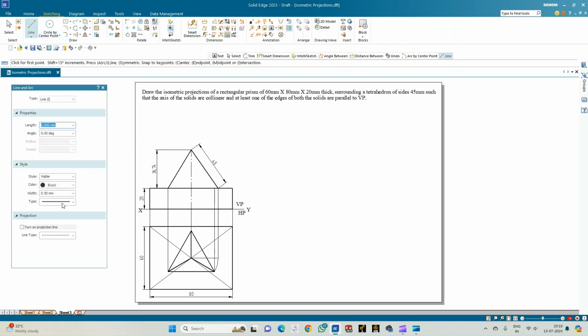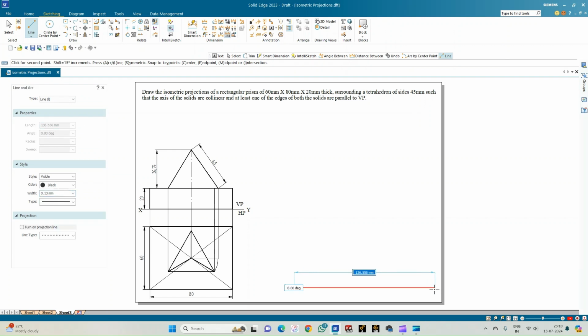So go for the line option, select a line of thickness 0.13 and draw a line of any arbitrary length. So now we need to construct this particular rectangle. So either you can start with considering 60 mm or 80 mm, anything is fine. So we'll just consider from this point, draw a line of length 60 mm inclined at an angle of 30 degrees. So that means in your isometric sheet you'll be joining 6 boxes followed by 8 boxes inclined at an angle of 150,